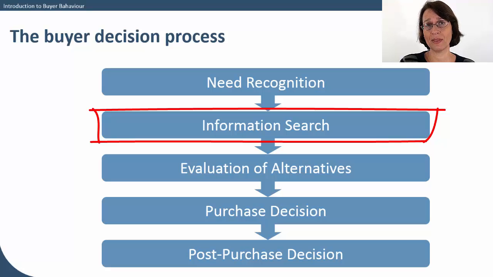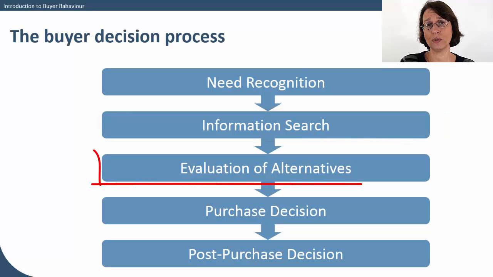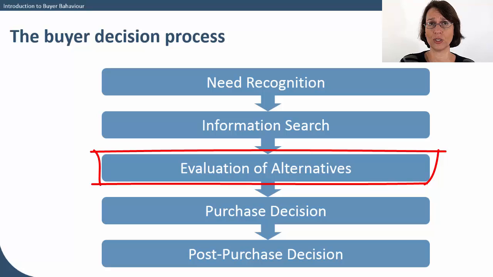Once the consumer's gathered all of that information, there's a process that they go through in the evaluation of alternatives, and that's deciding between you and the competitor. Now, some consumers will make the decision very quickly, some will do a pros and cons list, some will spend weeks, even years, going through all of the information between your product or another.